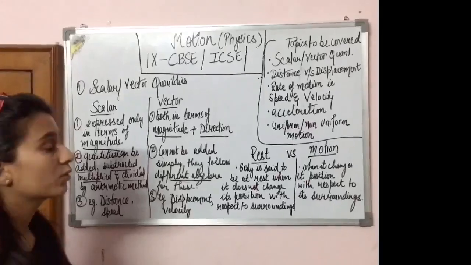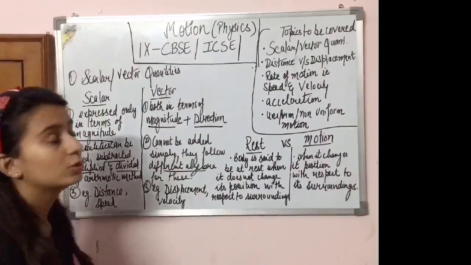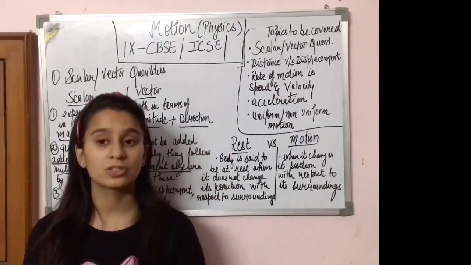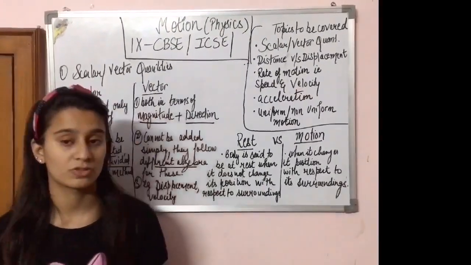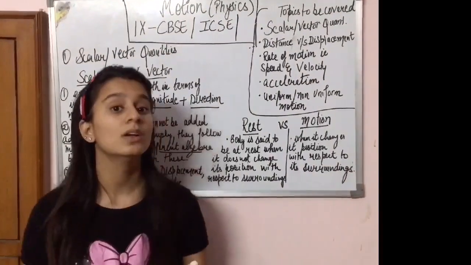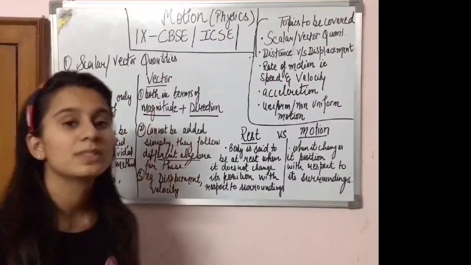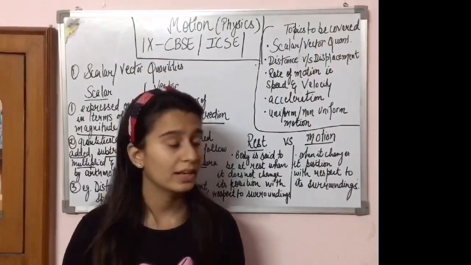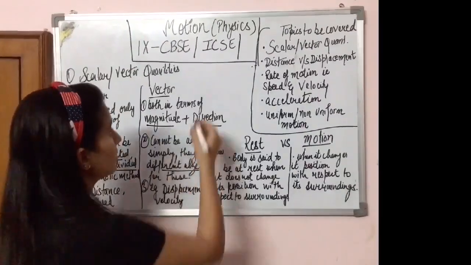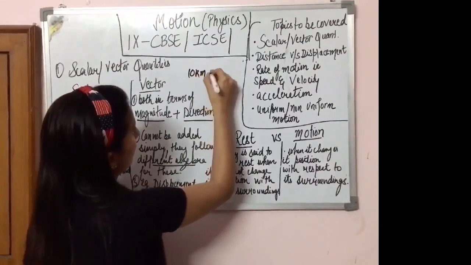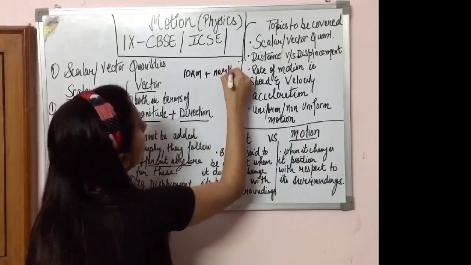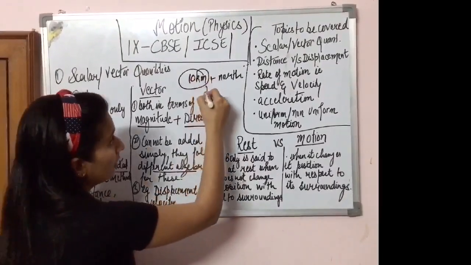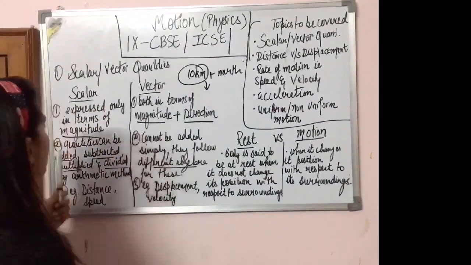Vector quantities. In case of vector quantities, both magnitude and direction are given. This means in this case not only the numeric value but the direction in which the person is traveling will also be mentioned, or the amount of distance that is covered will also be mentioned. For example, Mr. A travels from house A to house B in the north direction. Here we are mentioning the distance as well as the direction, that is north. When both the things are given to you, they are classified under vector quantities. When only distance or the numerical magnitude value is given to you, we say it is a scalar quantity.